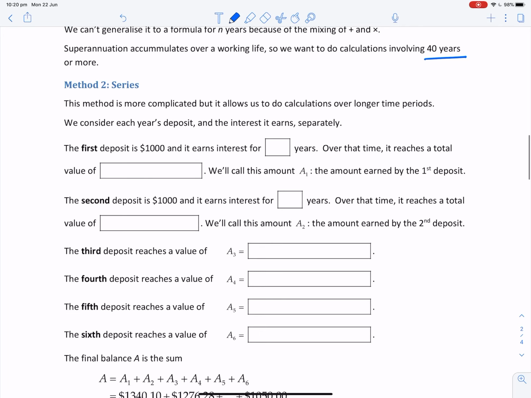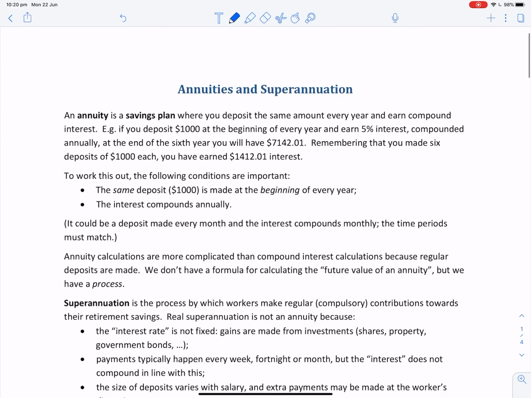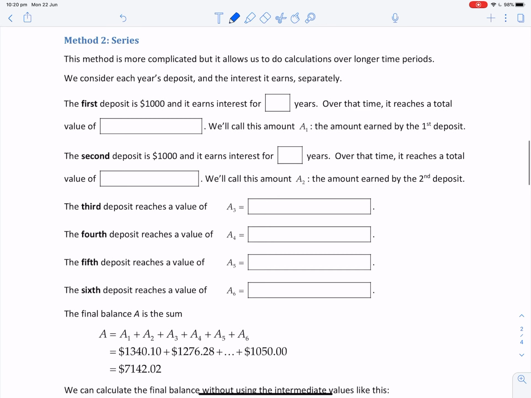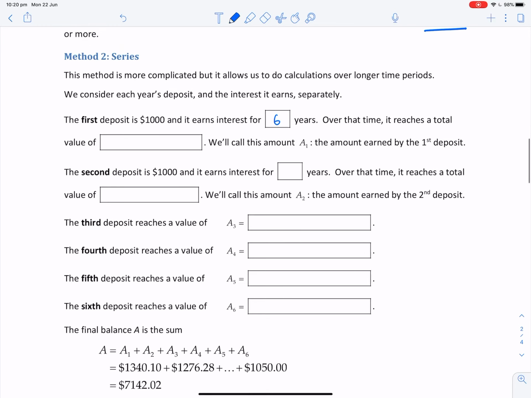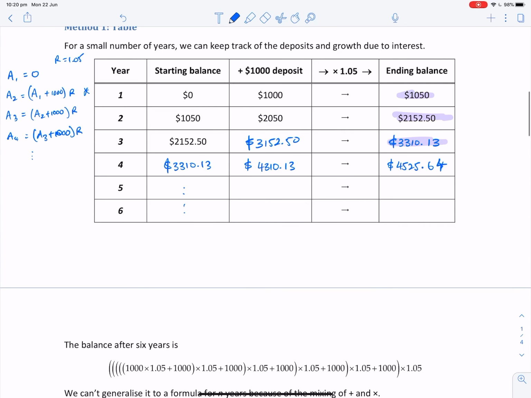Oh no, sorry, we're doing this scenario here, right? So it's over 6 years. The first deposit was $1,000 and it earns interest for 6 years. Now, was it 6 years or was it 5 years? Got to be very careful about these things. Let's maybe count it. So the $1,000